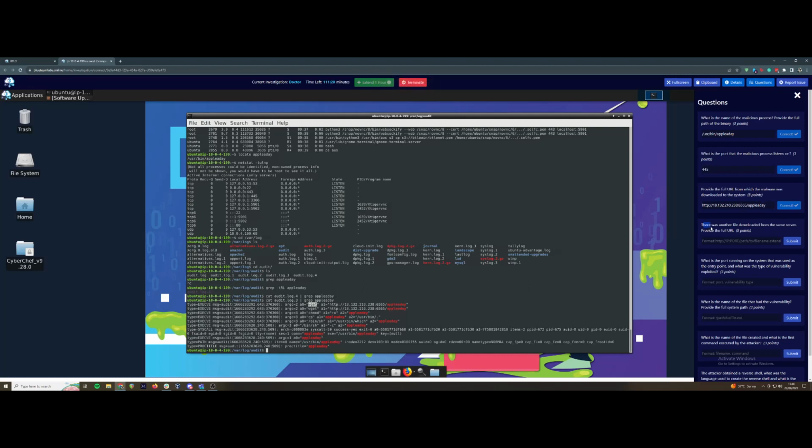So this is the leading question on that. There was another file downloaded from the same server. Provide the full URL. So we now know the IP address, sorry, of the malicious server. So what we can do is grep this IP address in this entire file. See what else we can find. So if we run cat audit log, not audio log,